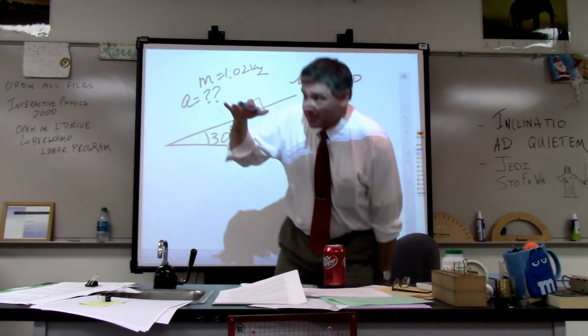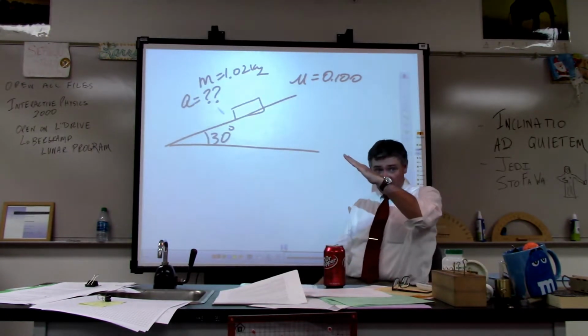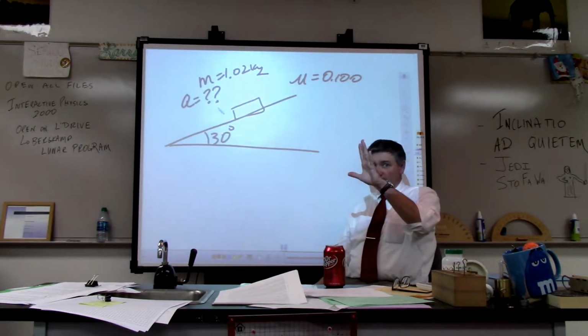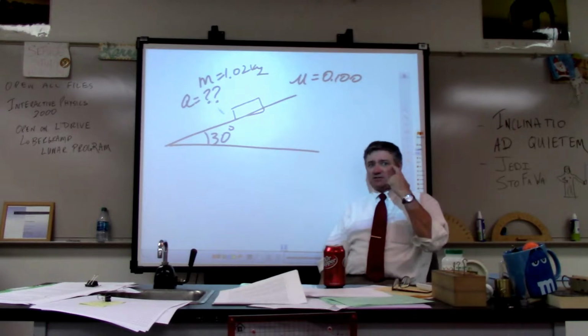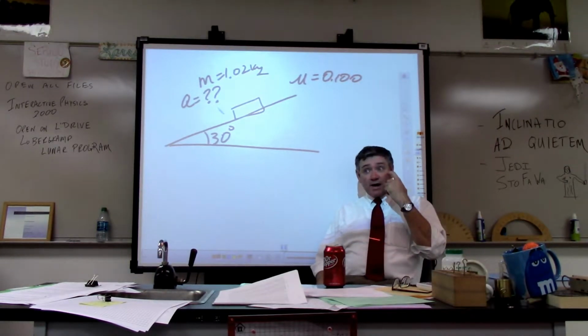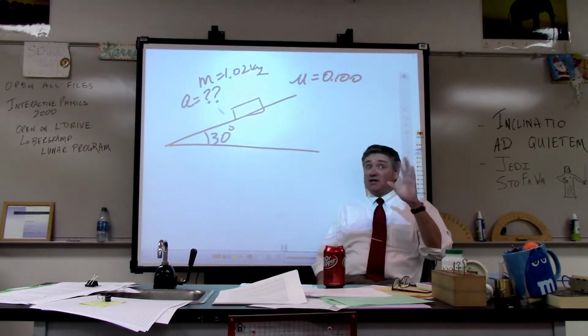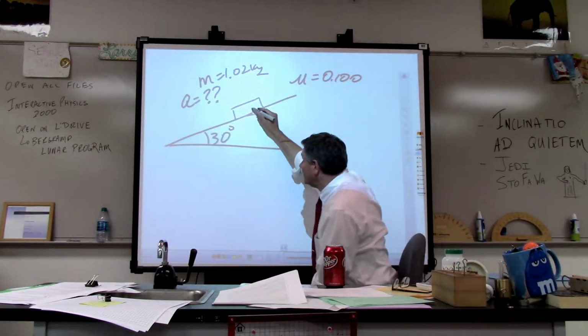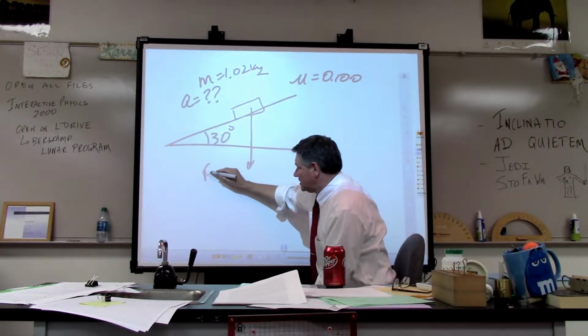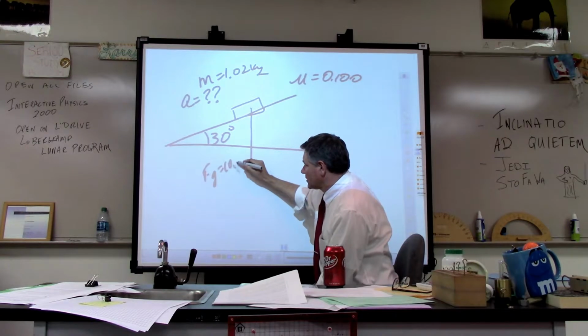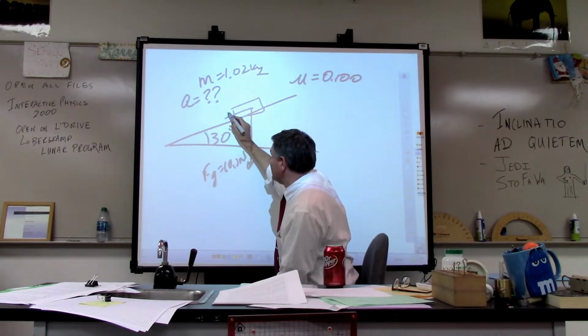So I'm going to set it here. 30-degree angle. I'm going to let go of it. I want to know what's the acceleration. So what do I have to find? There's any number of things that I have to find. I know what my FG is. That's still 10 newtons. My force parallel is still